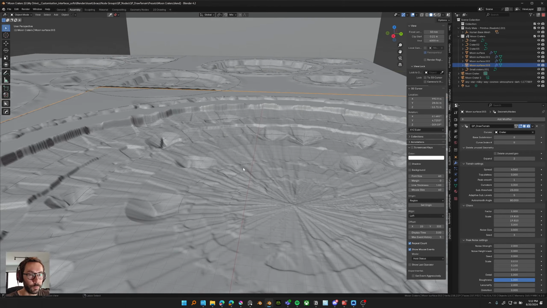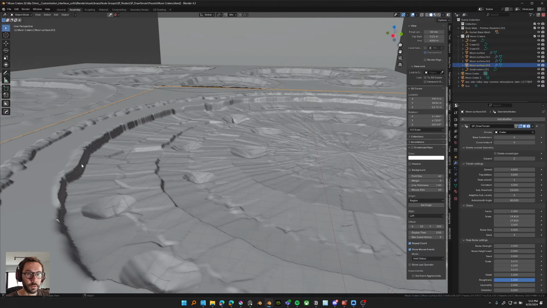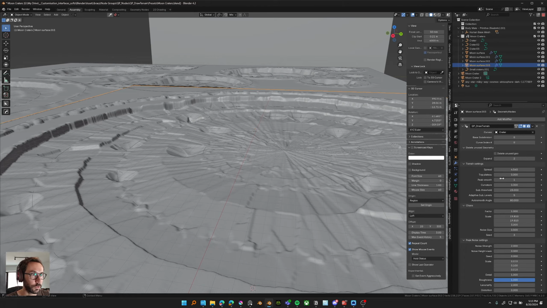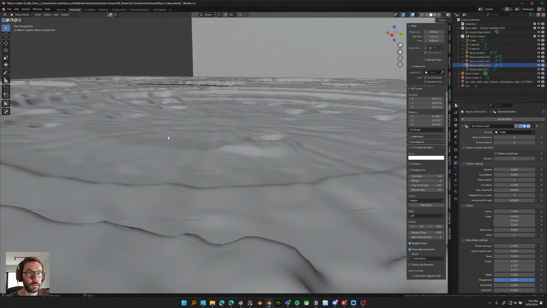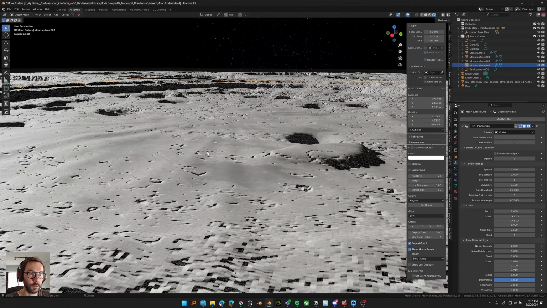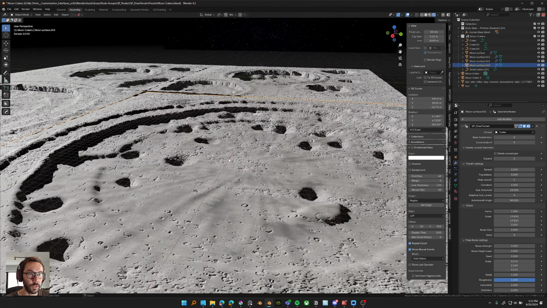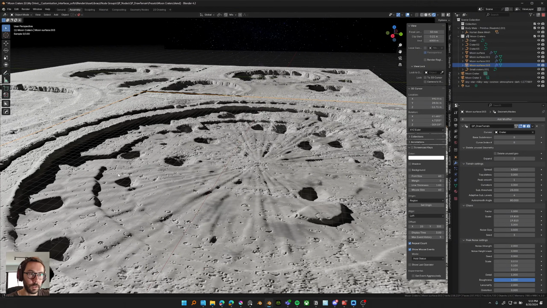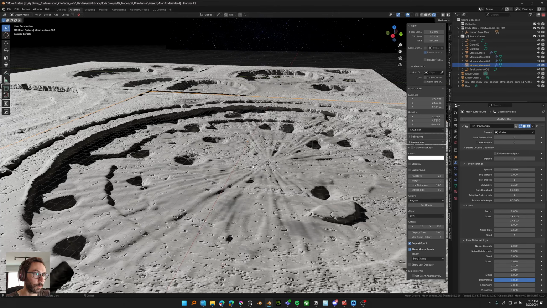But sometimes more resolution doesn't mean a better terrain. Like here, for example, it looks a bit unnatural. And I think when it was at 3, it was looking better, because on top of that you have the shading that will also carry a lot of the weight for the final look. But here it's a bit soft on the side, and with 4 slightly more sharp, so it just depends on what